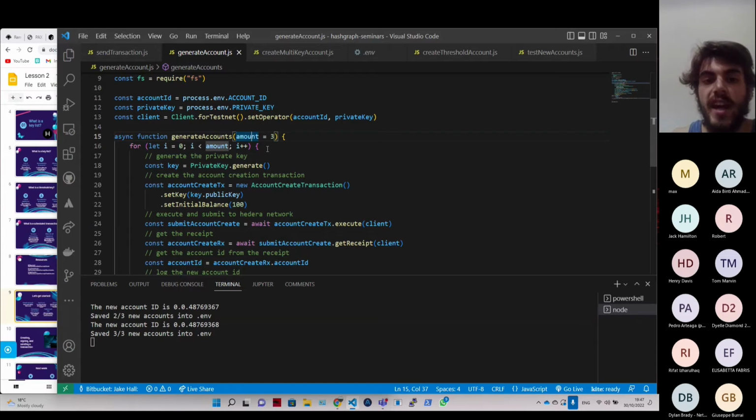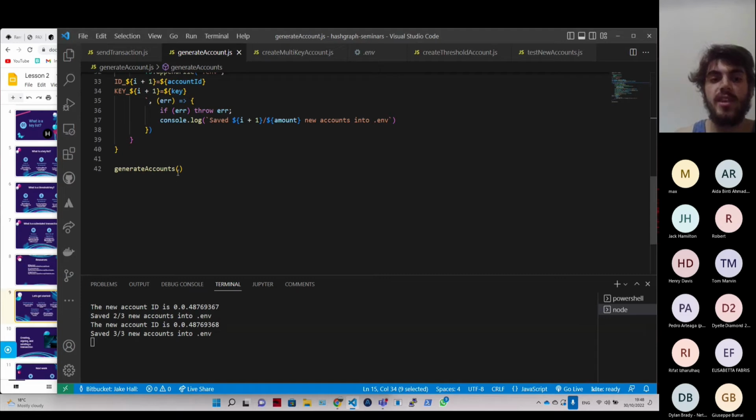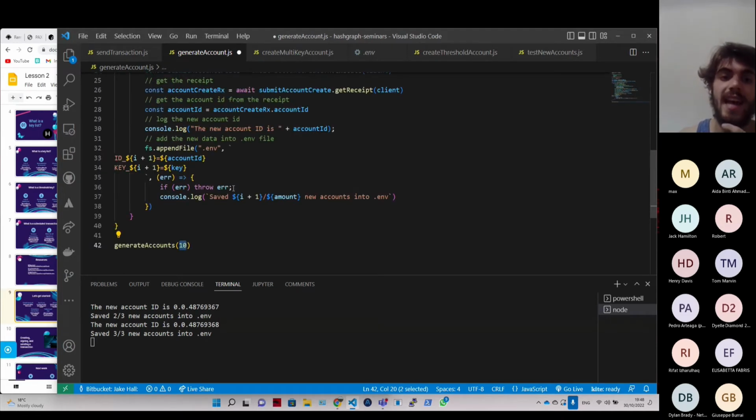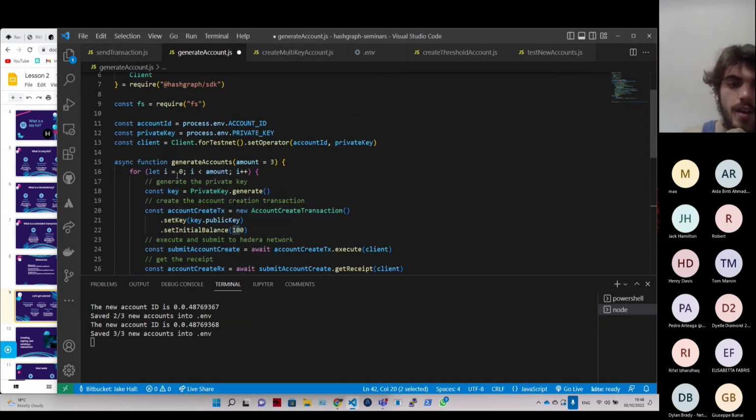So what I've done here, this amount equals 3, is I've set this as like a default variable. If I go into this actual account and I say 10, then it will do 10 iterations, because when the iteration is basically doing it, it's starting from 0, and then it's increasing 1 every time. So it goes 0, 1, 2, 3, until